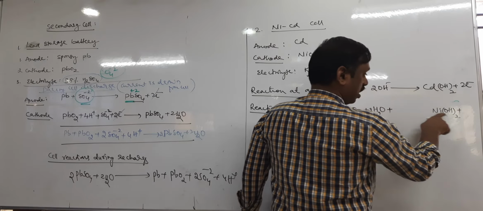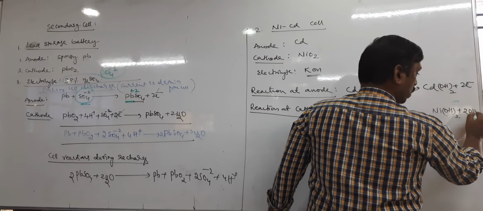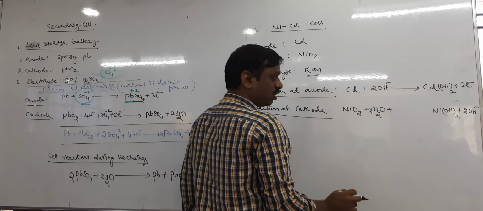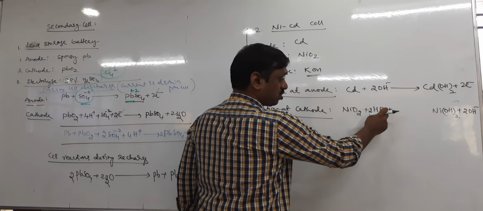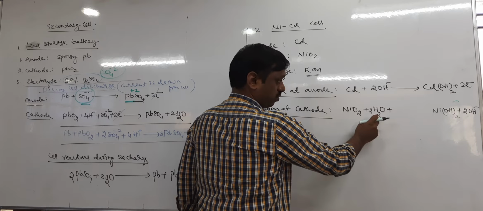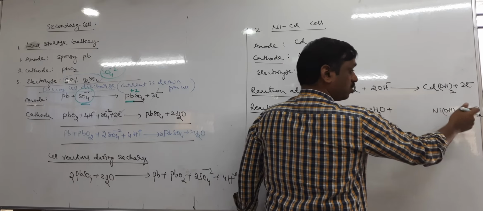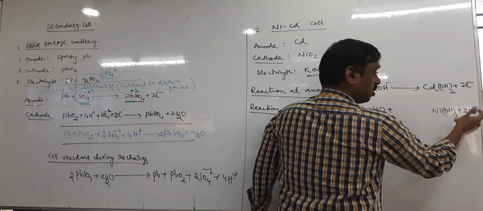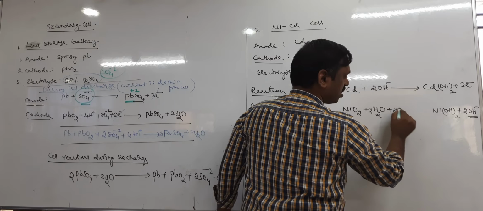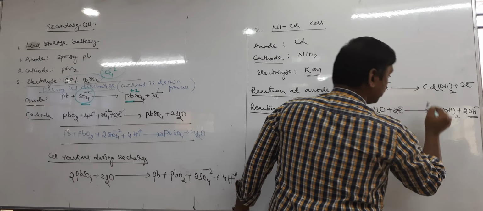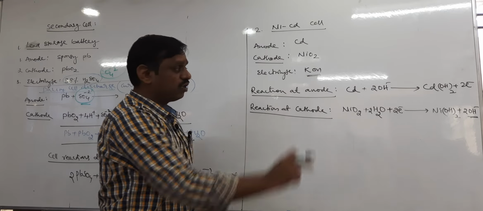Okay. Nickel hydroxide, no. Along with nickel hydroxide, there are still 2 OH minus extra. Yes or no? Because 2 oxygen, 2 oxygen, 4 oxygen, 2 2s are 4 hydrogen. Now tell me, here nickel hydroxide plus 2 OH will be formed. Then 2 OH means on the product side how many electrons are in excess? 2 electrons are in excess, therefore add 2 electrons. Now it is balanced. Electrons are balanced in reactant and product.